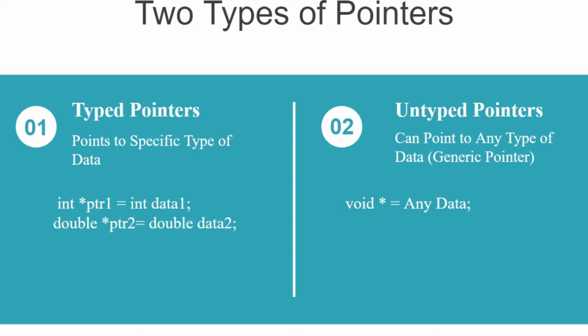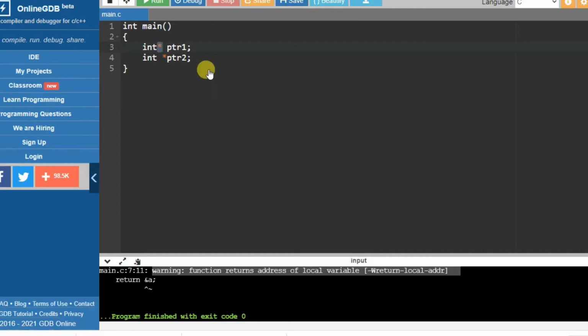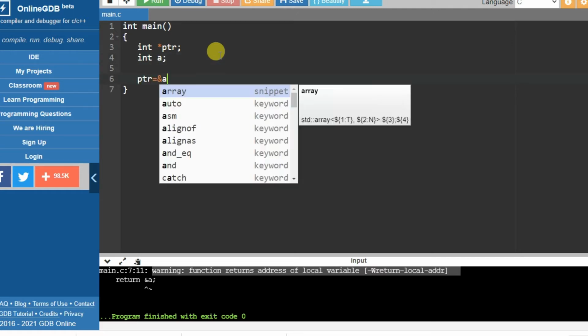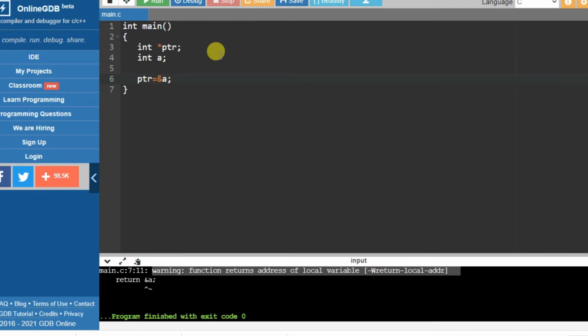What does it mean? Here in an example, it is shown that if you are creating an integer kind of pointer, it can hold the address of integer data types only. What does it mean? Let's say here you are creating a pointer, int star ptr. This pointer variable is allowed to hold the address of integer variables only. So if I am creating int a, I can write it like this. Okay, so this is a typed pointer. What is meant by a typed pointer? Here the pointer variable's type is integer, and the variable whose address you want to store is also integer. So this is what you call a typed pointer.